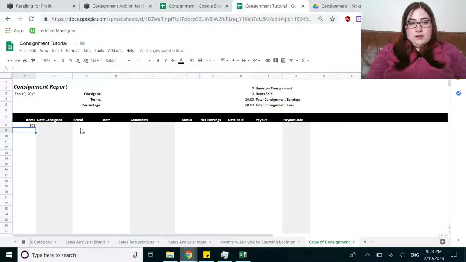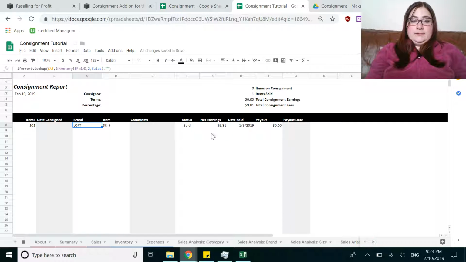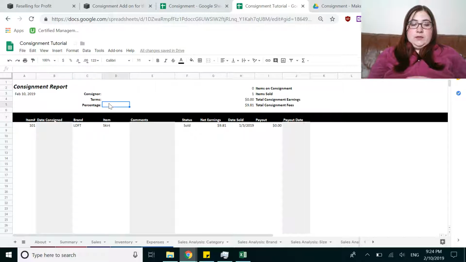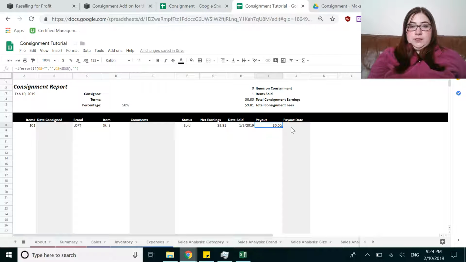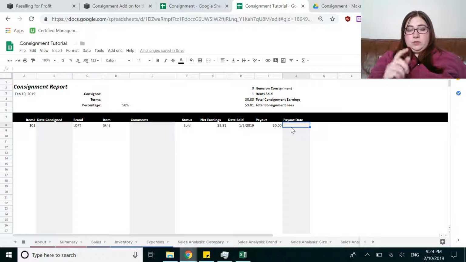So when you put in an item ID, let's see if this works. It'll put in all the data. I think item number 101 is an active SKU. But yeah, so now it'll be in here and see. Once I put in 50% as the split with my client, which has to be a percentage, it'll calculate the payout. And here you just write what date you actually pay them, so you can keep track of which one